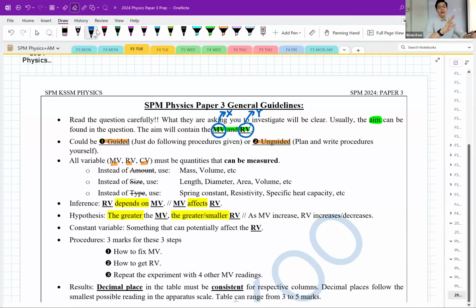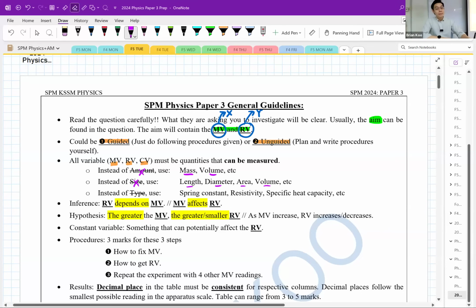And this will be a bit different with physics and chem and bio. I think in chem or bio, you can write type of stuff. Type of stuff should be okay. But whatever I'm saying is for physics; for chem and bio, you go and check with your respective teachers. Like, we don't say amount because amount is something you cannot measure. It's too vague. So instead, you write things like mass or volume, right? We don't want to say size. Like what is size, right? You say length, diameter, area, volume to represent size instead.